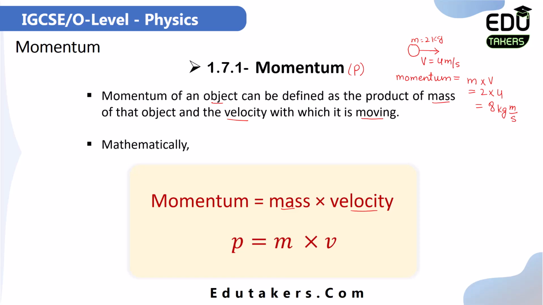If the momentum and mass of the object is given and you have to find out the velocity, then you can rearrange this formula. Here p is equal to m multiplied by v. So here you need to find out v. You just need to write p over m. Just divide the momentum by the mass of that object to find out the velocity. But if you have to find out the mass, then by making the mass the subject, it would be equal to momentum over the velocity of that body. So simply you can rearrange this formula to find out the unknown variable if the two variables are given.